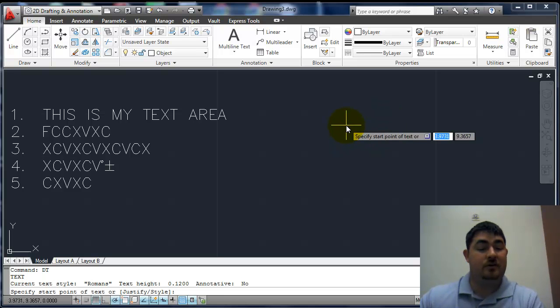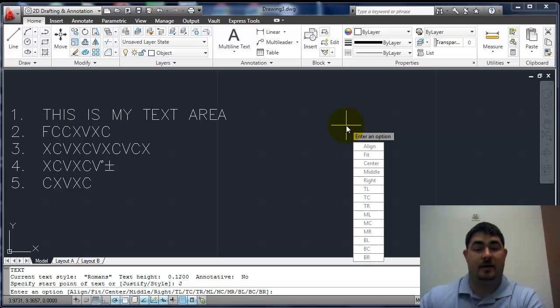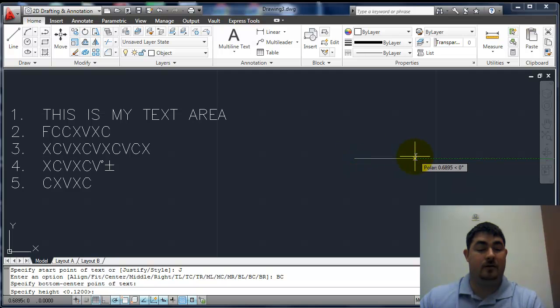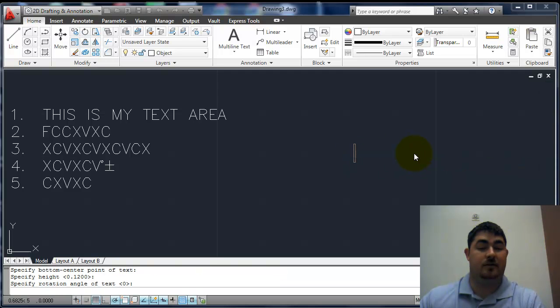DT, I'm going to go ahead and justify these, so J for justify. I get the list here, so TL top left, top center, top right, middle right, bottom left, bottom center. So I want to do it bottom center. Pick up my point. Yeah, that's a good height. Yeah, that's a good angle. And so I can type, then